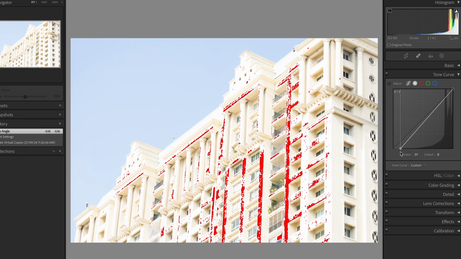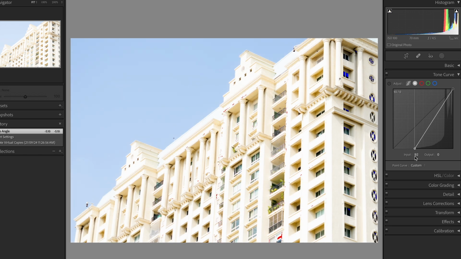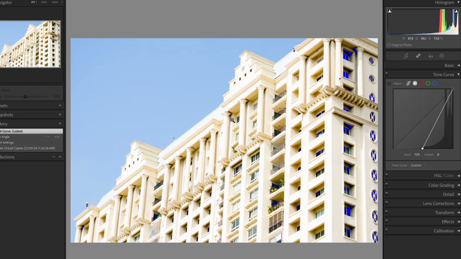Drag the pointer in the bottom left towards the right and we are recovering the image nicely. At this point, most of the image is recovered, a lot of highlights got recovered. We don't see any highlight clipping except some points here. What we effectively did is that 0 to 125 of the input image is made 0 and the rest of the image,